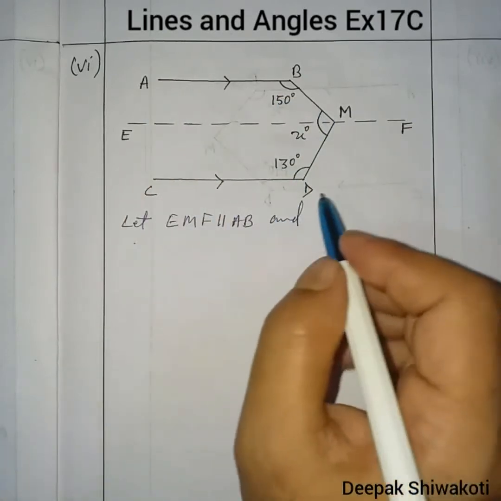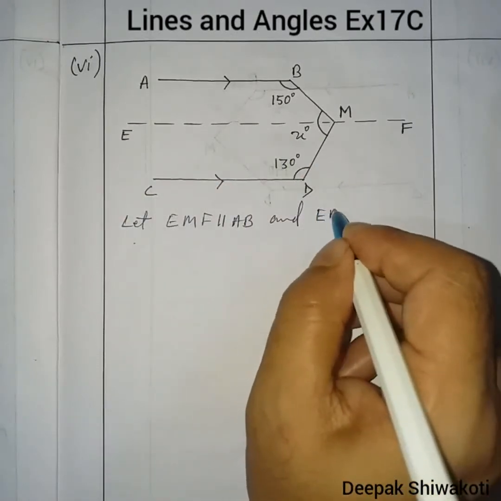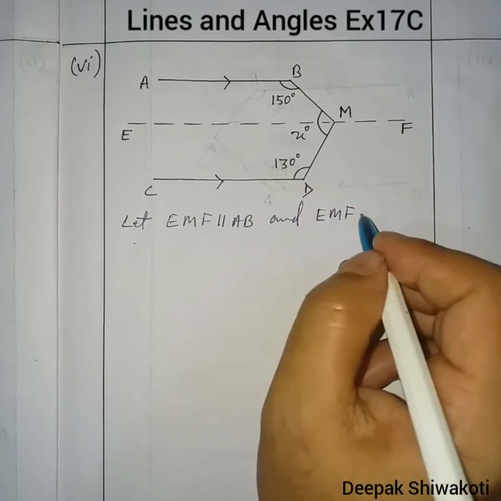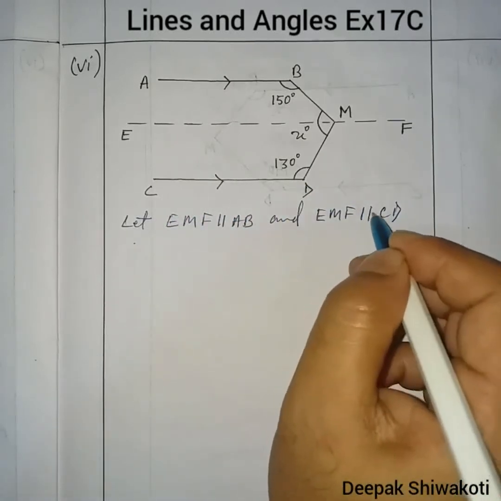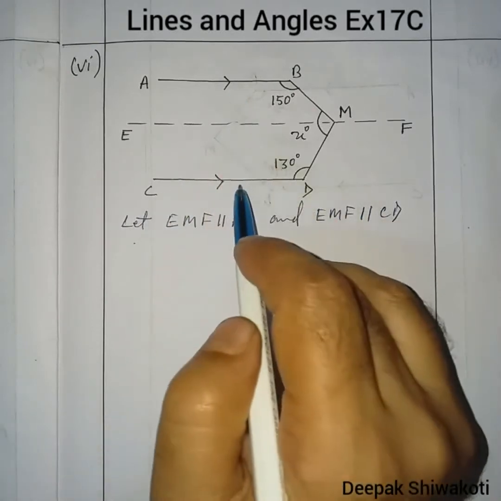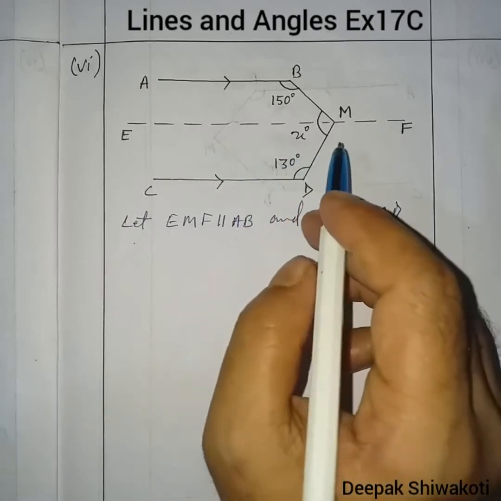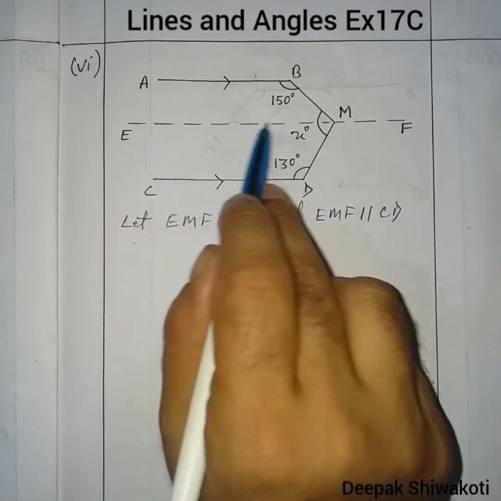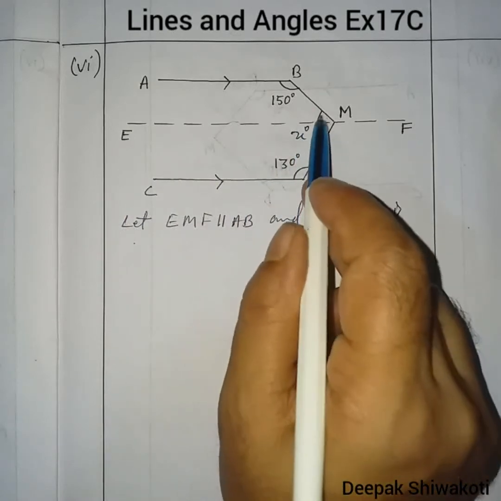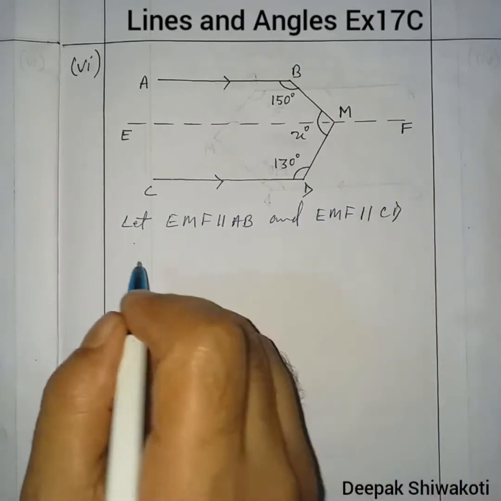and again this line EMF, the line EMF is parallel to this line too. Okay, that means this line is parallel to this also, this also. Now we have to find the value of x. Okay, this line is drawn to find the value of this x only. So here, according to the figure,